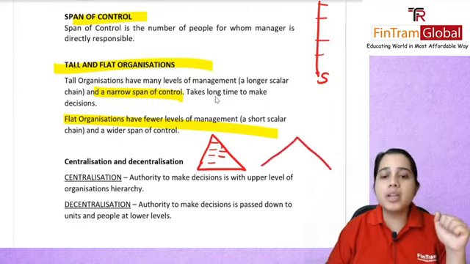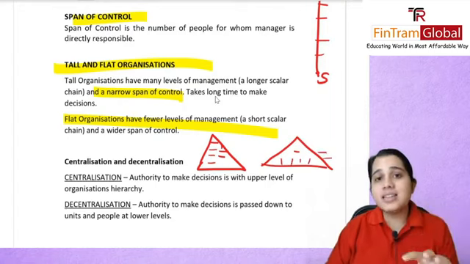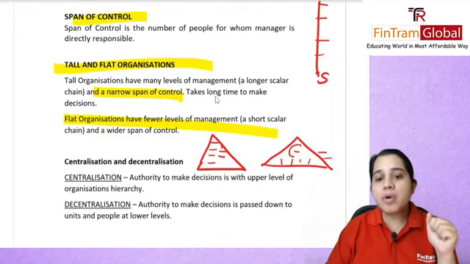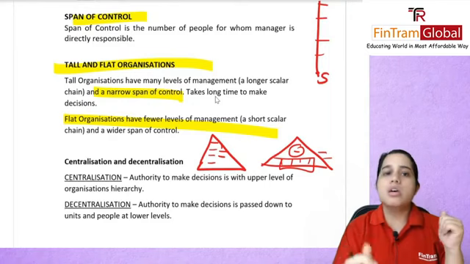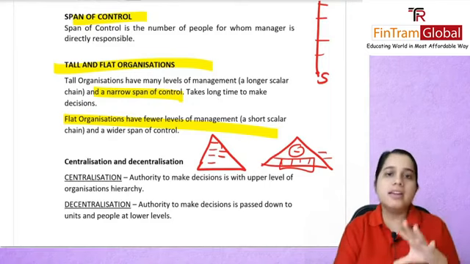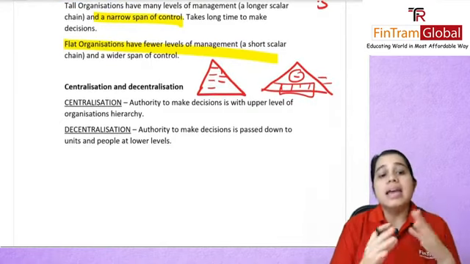However, in a flat organization, you will see that the levels are pretty much reduced, right? Only, let's say, 2 levels. So it's a smaller scalar chain, but the span of control is wider. One person is managing so many people as compared to your tall organization. So, this is the distinguishing feature between these two types of organizations. Next,